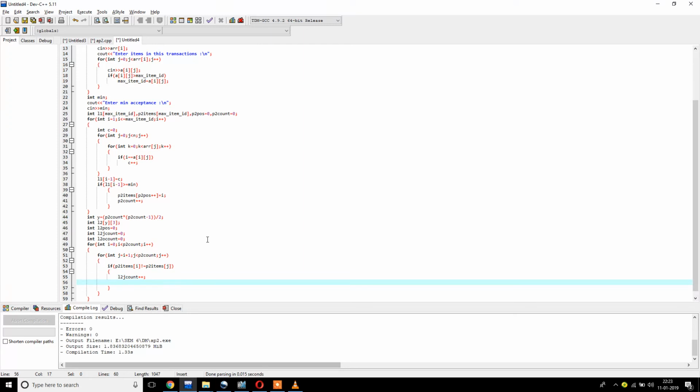We'll store it in our L2 frequency table. So L2, the ith pair, the first element of the ith pair. So for that, L2